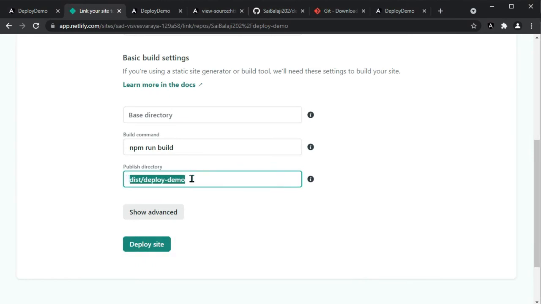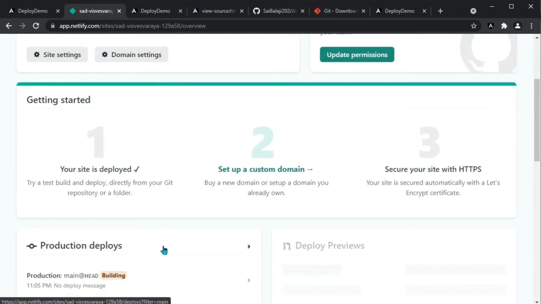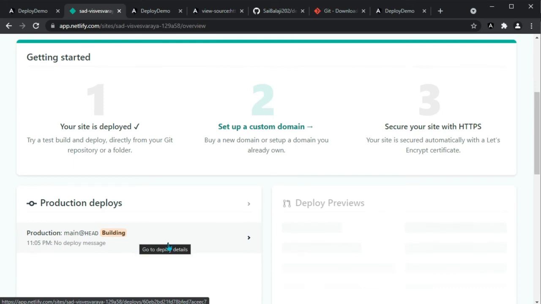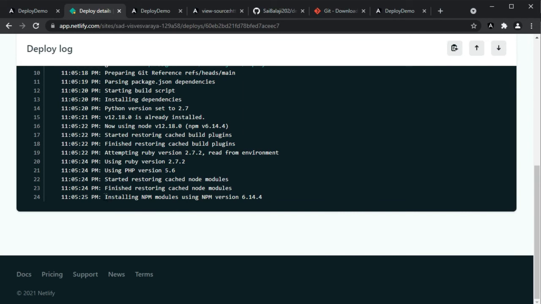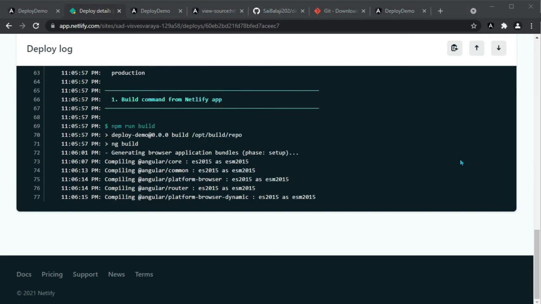Okay. Now I will deploy the site with this configuration. See, Netlify is automatically creating a build for our project. So from now onwards, whenever you push any changes to your production branch, in my case that is the main branch, Netlify will automatically create a build for our project and then it will automatically redeploy the changes. Okay, so this is the simplest way, right? We don't have to care about our deployment. We just develop our changes and push them to our production branch. That's it. Netlify will take care of the rest of the things.